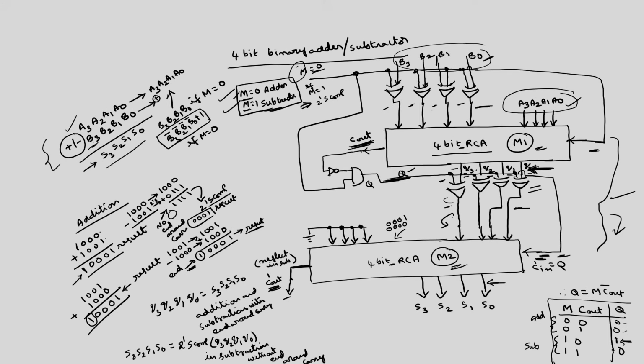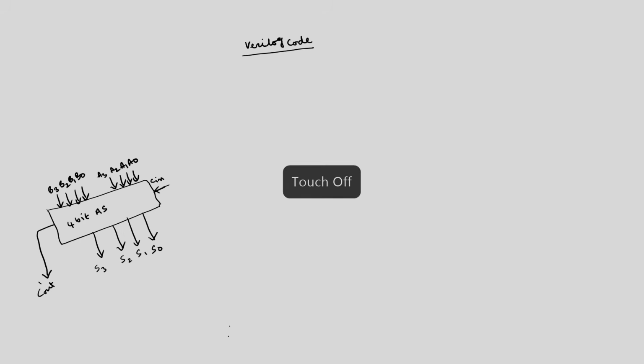The remaining signals, this C out, this Q, these things are all internal. This is also internal. So this is the final external C out dash and S3, S2, S1, S0; the remaining, C in dash and all those things, are internal. We have to define those as wires. Then you have one more signal which is called the M signal. This is going to decide whether this circuit is going to perform addition or subtraction. So, module: the overall block is this 4 bit underscore AS adder subtractor.